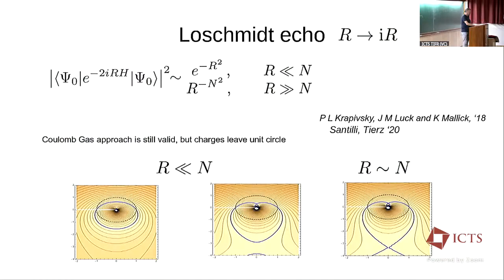Okay, so Yasser was talking about how this picture actually influences the calculation of the Loschmidt echo. It's a mental picture; there are calculations to be done. But again, if one changes the size or radius of the circle to some imaginary value, one gets a similar Coulomb gas problem, much more complicated, however, which still can be treated. And there is a transition as well. And it's quite similar. One can also define the corresponding quantities, even though their interpretation is somewhat tricky. But you have heard about this.